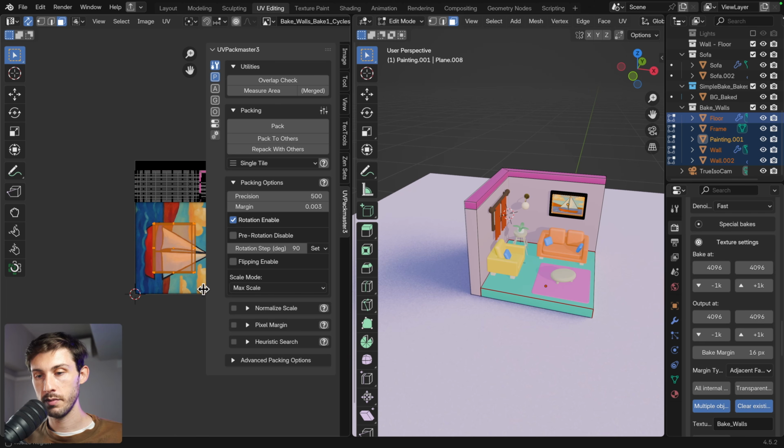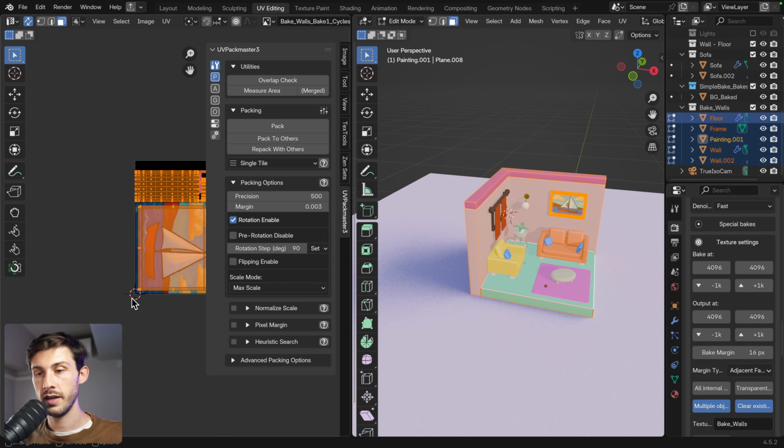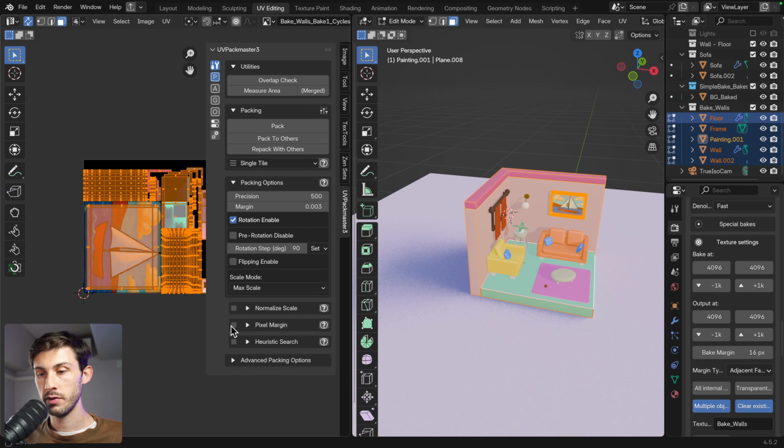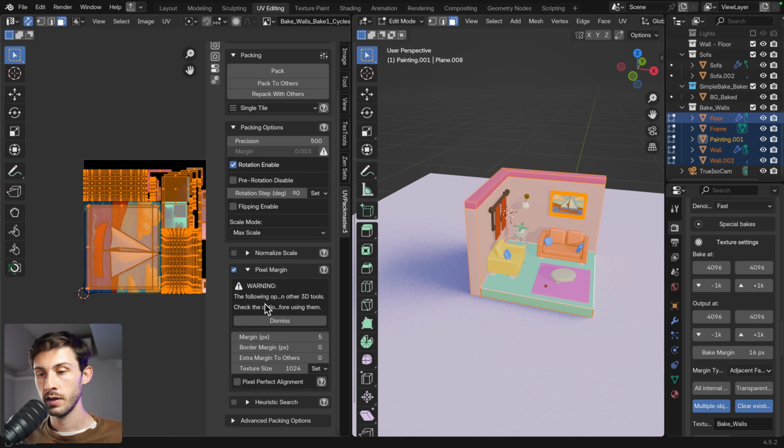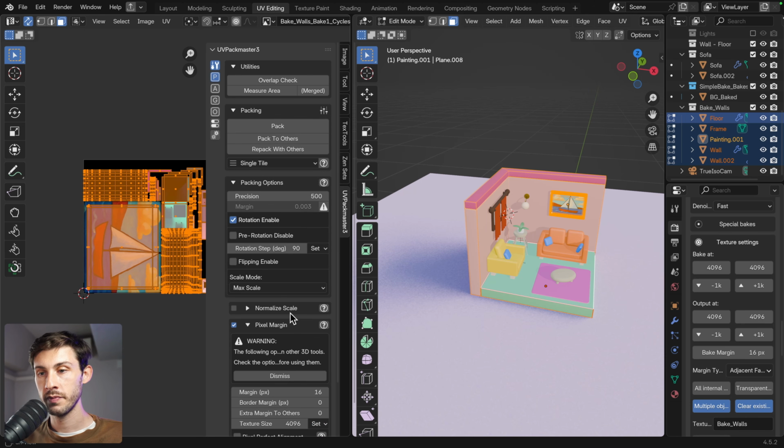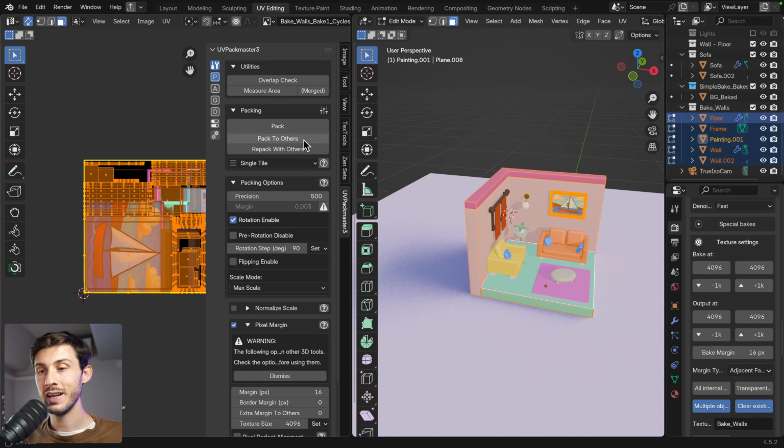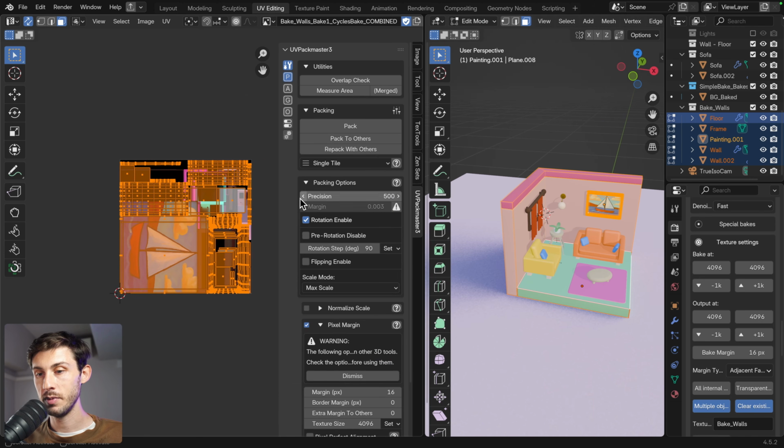First, let's make it big again so you will clearly see the difference. To be sure I have all the different UVs, I can use pixel margin and choose 16, which is the recommendation from Simplebake. Say that my texture size is 4K to run the best algorithm for it. I can use pack. It quickly did the best packing it's been able to do while keeping the size of